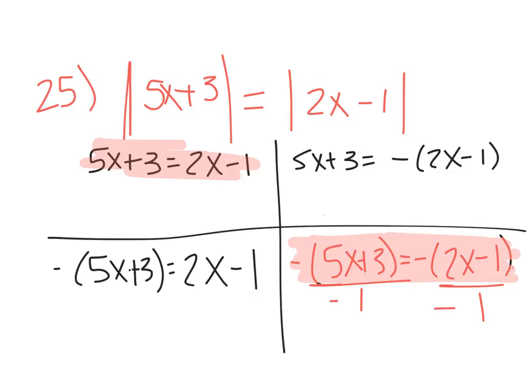Algebraically, these are going to work out to be the exact same thing, because the only difference between the first problem and the fourth problem is that you multiply the entire first one by negative 1. It's not going to give you a different answer. What is also true is that 5x plus 3 equals the negative of 2x minus 1 is the exact same thing as the negative of 5x plus 3 equals 2x minus 1. When I say it's the same thing, I mean they're going to work out equivalent. If you were to work them out, they would give you the same answer. So we don't have to do this 4 times. We only have to do it twice. Okay? So again, our problem,